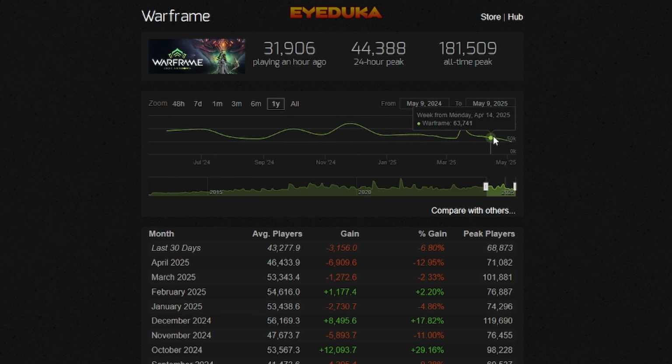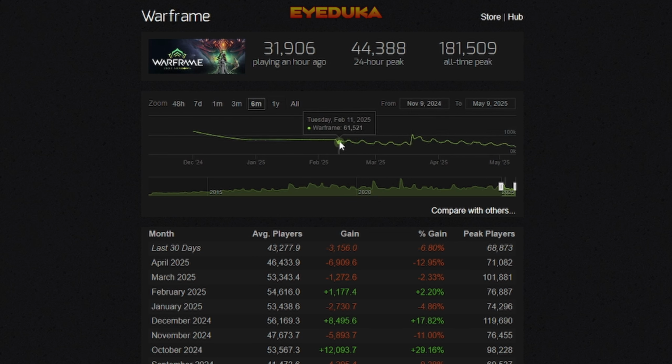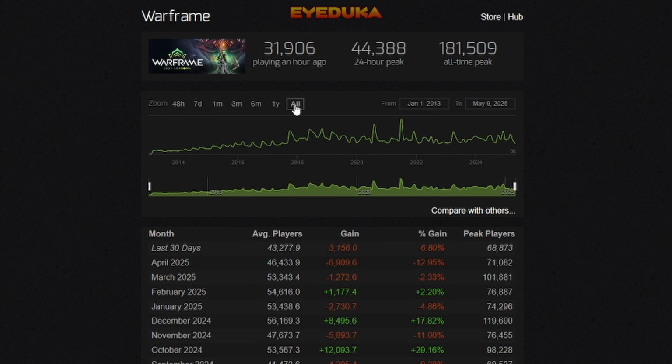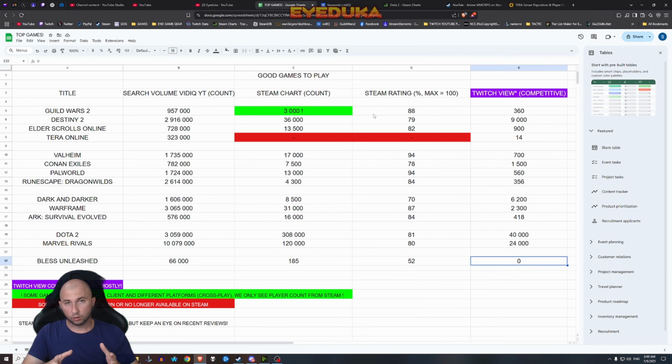Here you have a spike of 100K, and then here, now it's going into decline. That's like the last couple of months. That's where it's going right here. Around 60, around 50, small spikes. And all the way here, the last 1 or 2 months, it's going to about 40-ish. But generally speaking, this game has been performing very well all the time. So I hope that all that information could be helpful for you guys to determine which game you want to play, if it's good or bad, possibly save you some time.